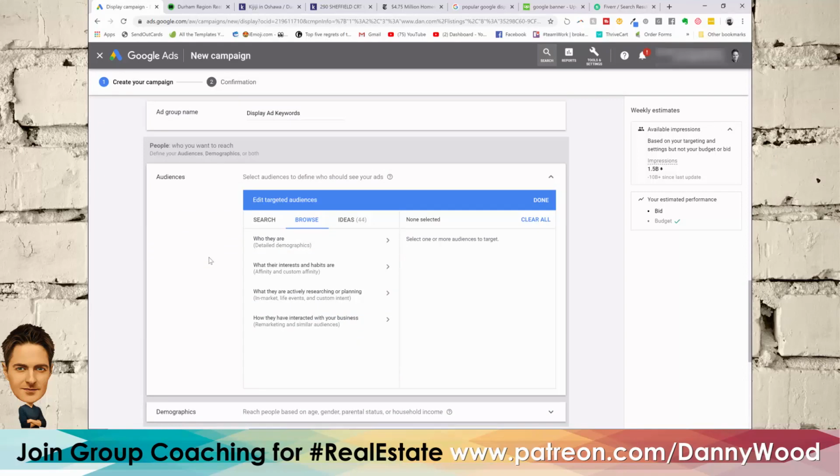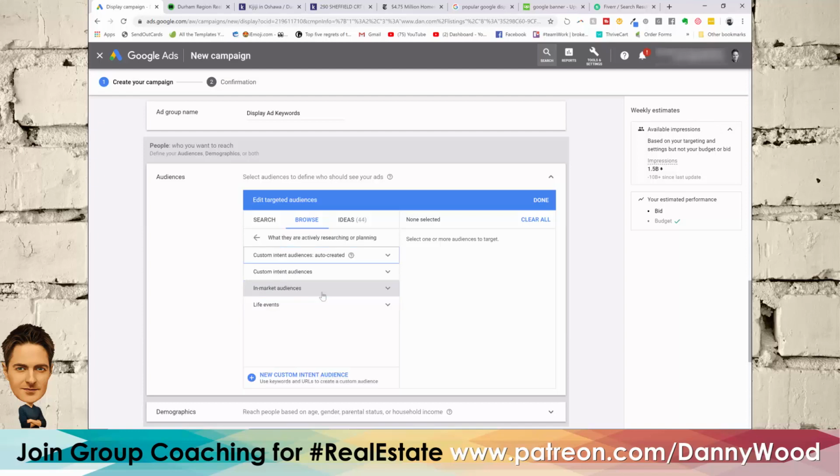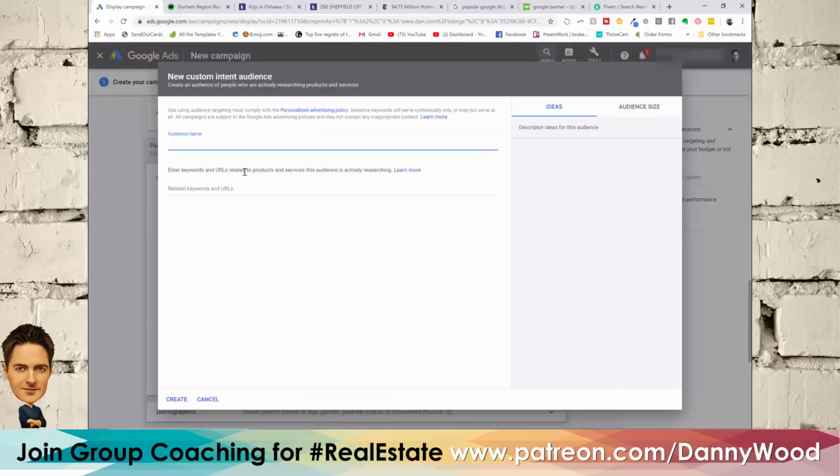Okay, so what you're going to want to do, everyone, is you're going to want to click on the, I'll do this one here, what are they actively researching? And then down at the bottom, it says new custom intent audience. I want to click on that. And I'll name it the same name we created for the campaign and the ad group name. And then we can put the related keywords and or URLs. So instead of doing real estate,